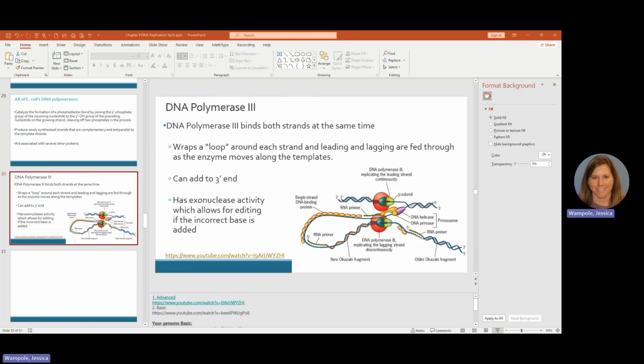So when this strand replicates, and then our exonuclease degrades that primer,